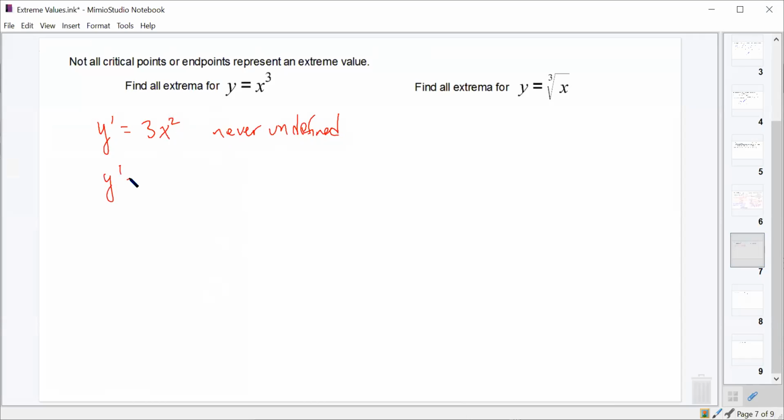And that y prime equals 0 if 3x squared equals 0 or x equals 0. And so we know that this is our only critical value, right? This is our critical value because it's the only place where the derivative is 0 or the derivative is undefined. And it's the only place where this function might have a local or absolute max or min, even though we